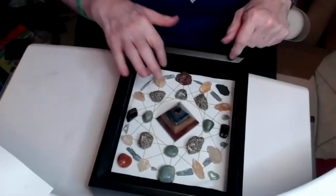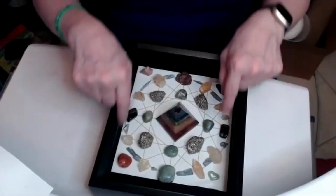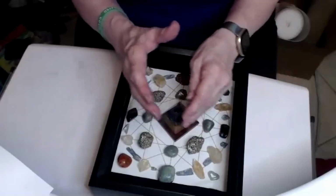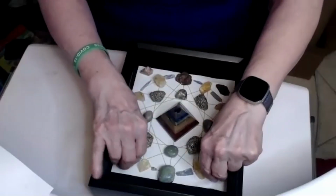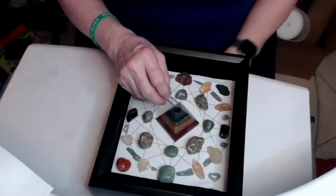Oh, that's right. I didn't talk about the kyanite. Kyanite and quartz is a real good connector, so it's connecting the outer stones. In other words, the grid's really the center part. These are stones I've added for extra activity, that I just wanted to put emphasis on right now. So you start with your center stone,